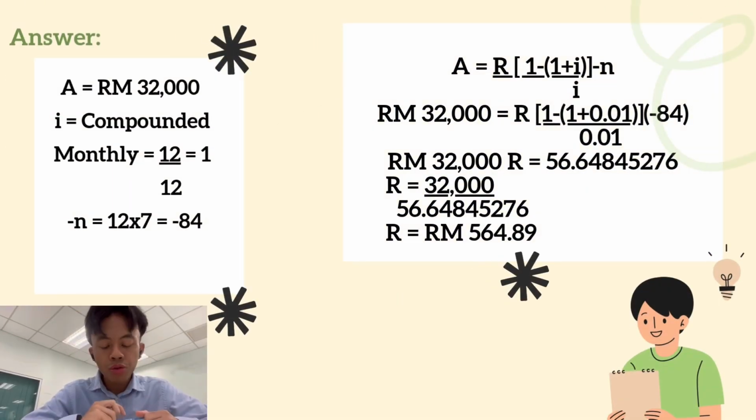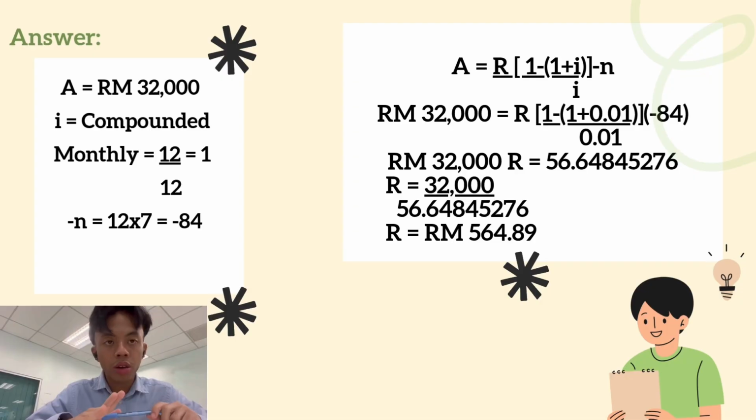Okay, so from the problem statement, I can get the info that A equals RM32000 and i is compounded monthly, which is 12 per 12 and equals 1. And negative n equals 12 multiplied by 7, and you will get negative 84. Okay, so for this question, the answer is